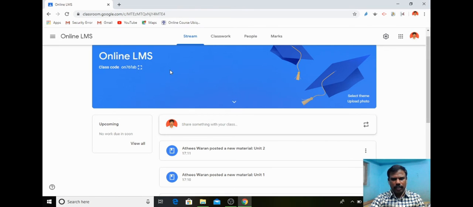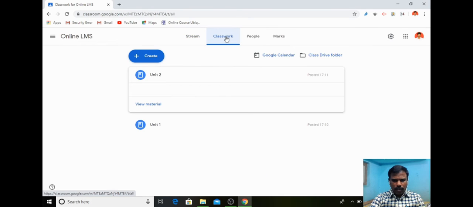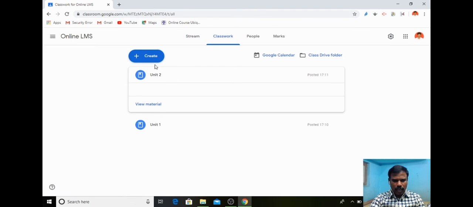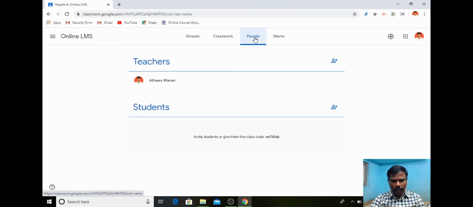So this is another method to join the classroom. Now we have seen the stream, the interaction between students and teachers, how to assign materials for the students, and how to add teachers and students to the class.